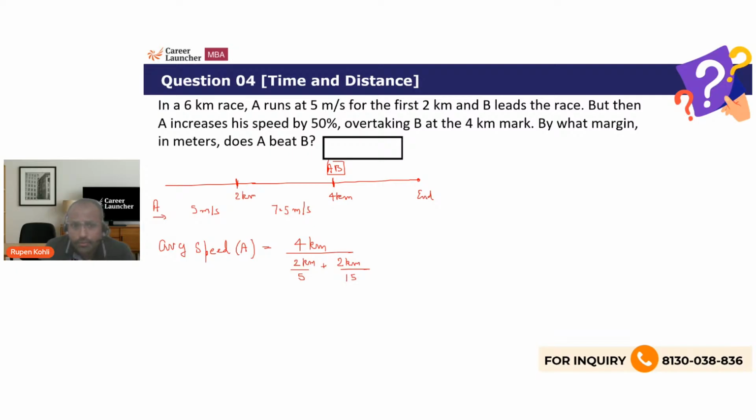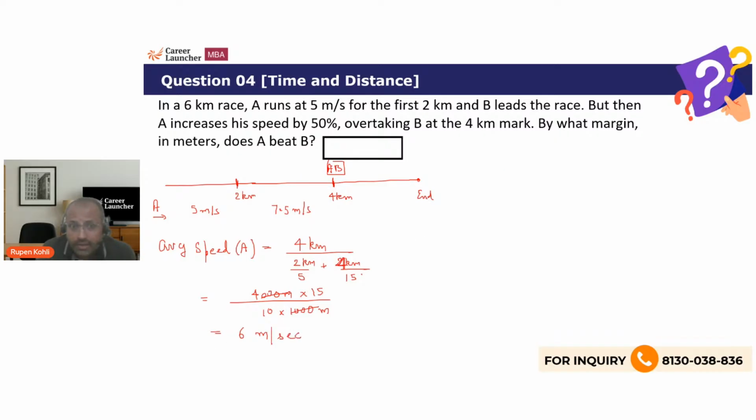2 comes on top. 2 into 2, 4 here. So this is this much. This is meters per second. Okay, so take the LCM. This is 4 kilometers, or now I'm writing just meters, 4000 meters upon the LCM of 15 comes on the top, right? And this is 3 into 2, 6 plus 4, 10 kilometers, or 10 into 1000 meters. So this 1000 in any which way cancels, you can see. And we are getting basically 4 into 15, 60, 60 by 10, or 6 meters per second is the average speed of A, which is the average speed of B.